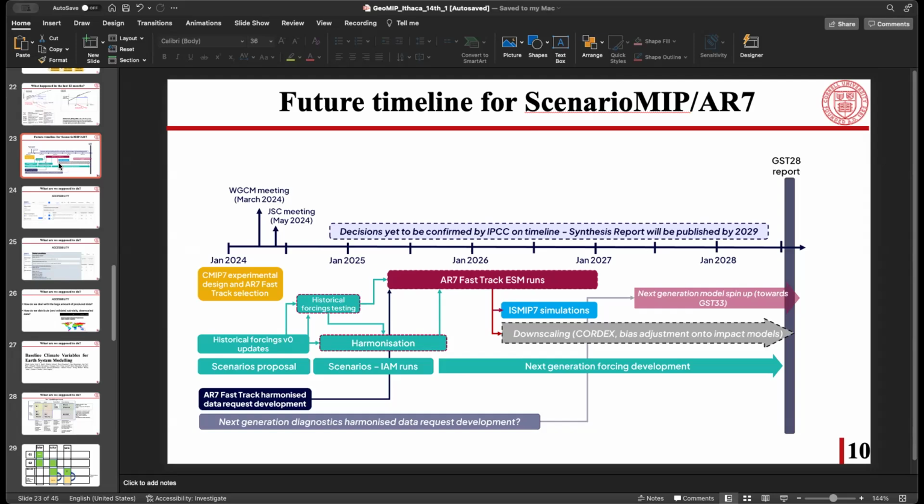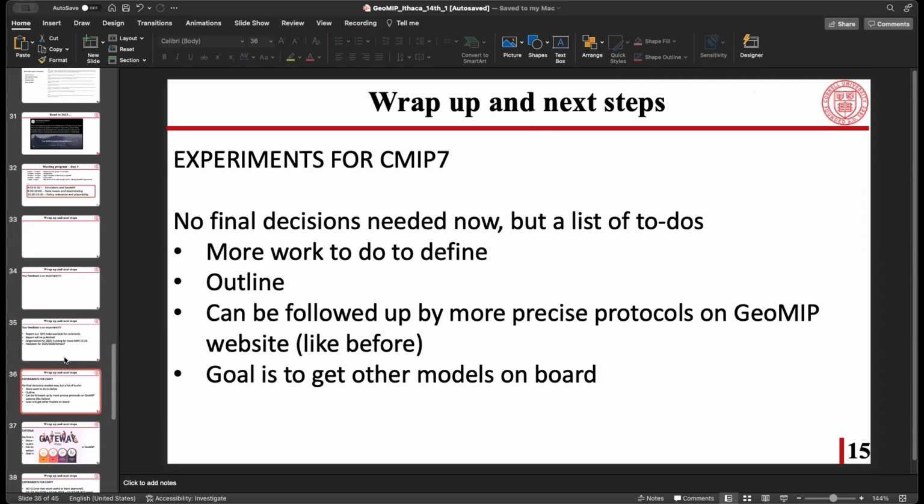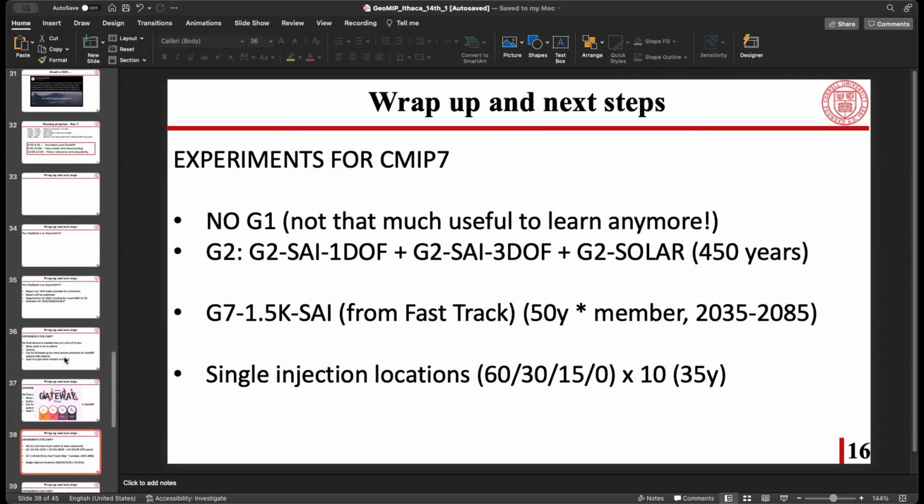But yeah. Okay. So if this is the timeline again, the idea would be that then we have this fast track. Together with the fast track, especially for SAI, we need to have the single injection location simulations. We've done them already for UKESM1, CESM2, and GISS, which probably means they don't need to be repeated because they shouldn't change too much in terms of the training. But if you add more models, these are useful to run